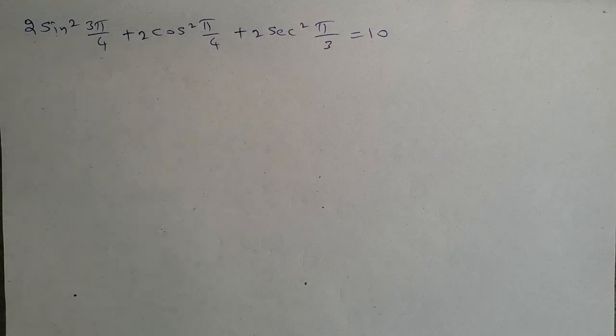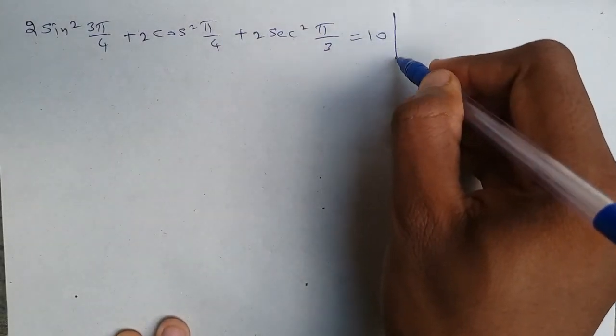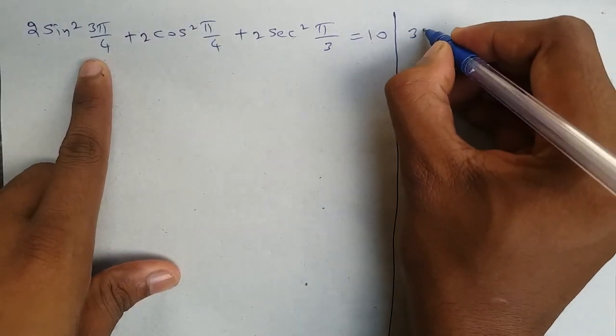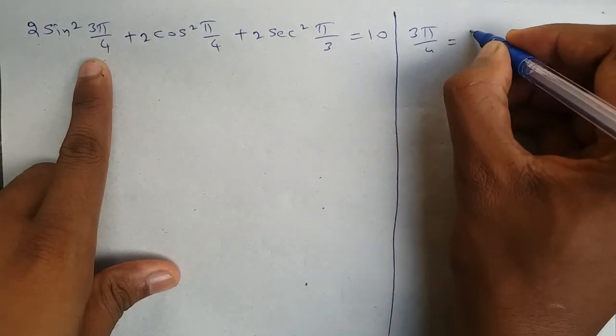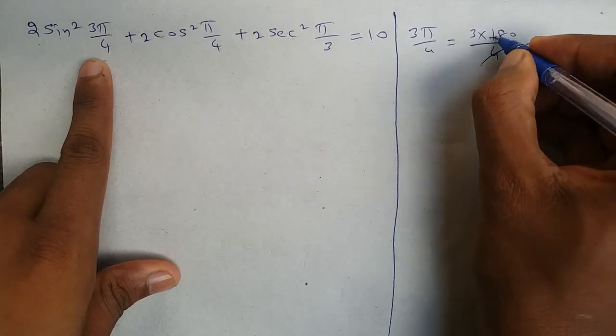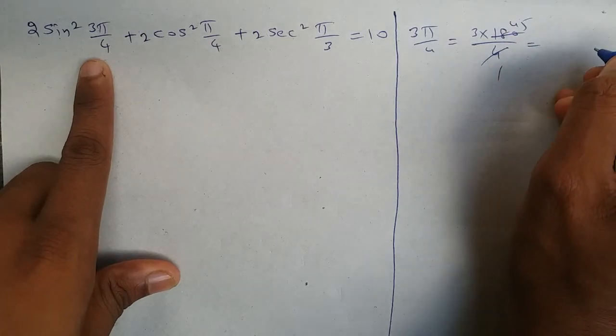Okay, the next question is, show that 2 sine square 3 pi by 4 plus 2 cos square pi by 4 plus 2 secant square pi by 3 is equal to 10. So first, in the place of pi, I will substitute 180 and I will simplify. So here 3 pi by 4 is there. So in the place of pi, I am substituting 180. So 3 into 180 divided by 4. 4 ones are 4, 45 are 3 into 45,